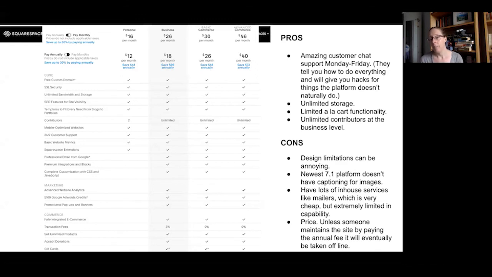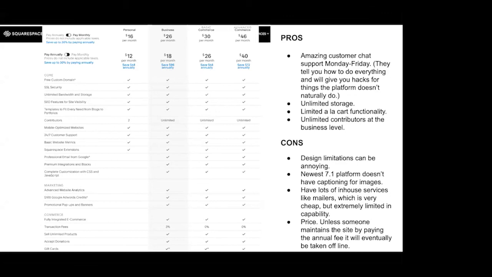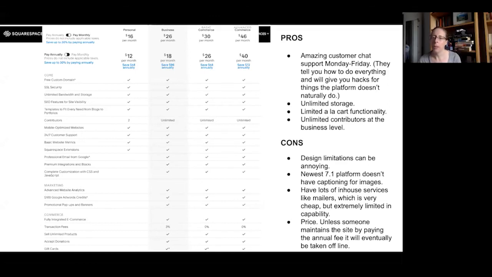But let's say you're a performance troupe, then you might want everybody to have control over the website. And then suddenly the number of contributors becomes very important. And the number of contributors is something that most software rental programs will charge for. So it's kind of nice that at the business level,